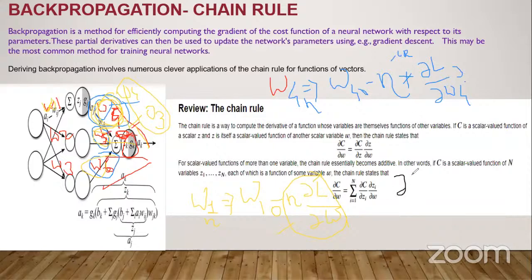What I'm interested in is the derivative of the loss function with respect to W1. The derivative of the loss function can also depend on weight 4 and weight 3, and weight 4 depends on weight 3, right? So I can write this same thing as loss divided by